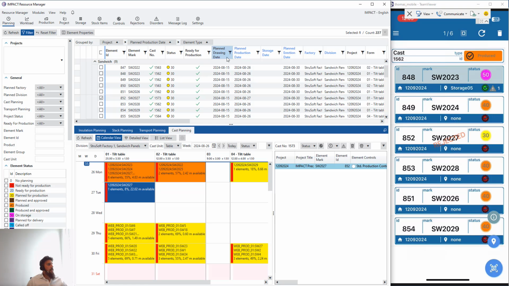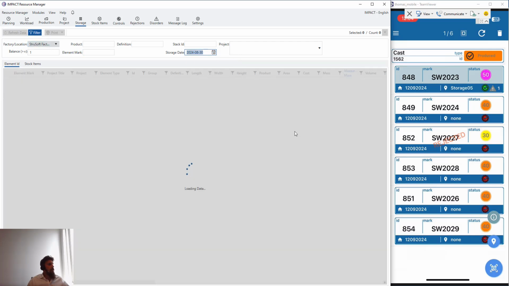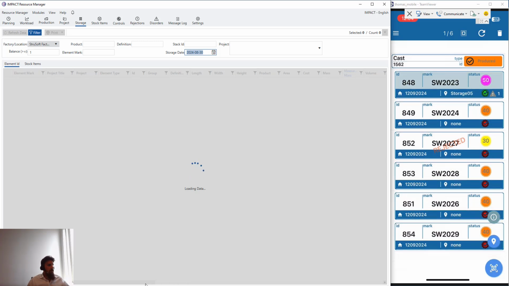Where can I see the storages? You can see them here, of course, in the resource manager. As I said, the resource manager is an open database of all of our production elements, or produced elements, or elements that are about to be produced, with great visibility regarding your workload or your production and so on. But here you also gather all of your storage. Everything that has been produced up until the 30th of August will show here, and you will be able to see also if they